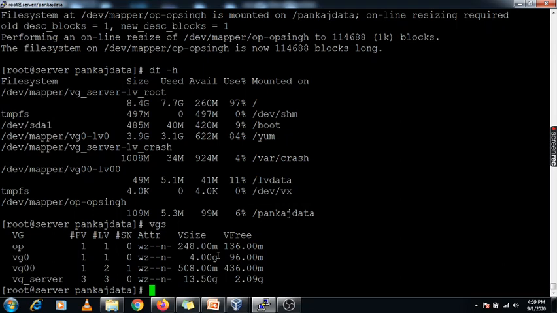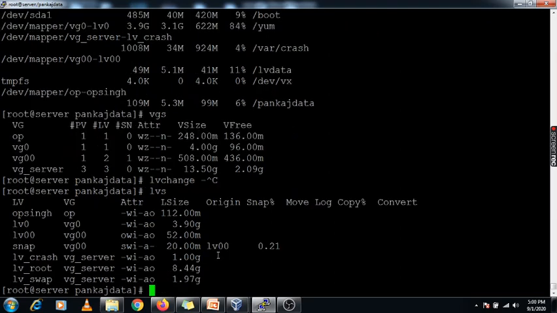Now we can do the activation and deactivation of the VG. If you want to unmount any particular file system from this system, at that time you need to deactivate the particular VG. Using this command, first you need to use lvchange -an. First I am checking the lvs command.